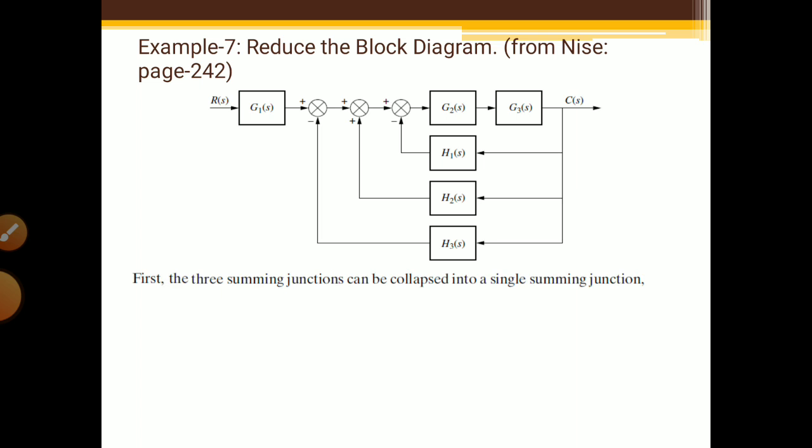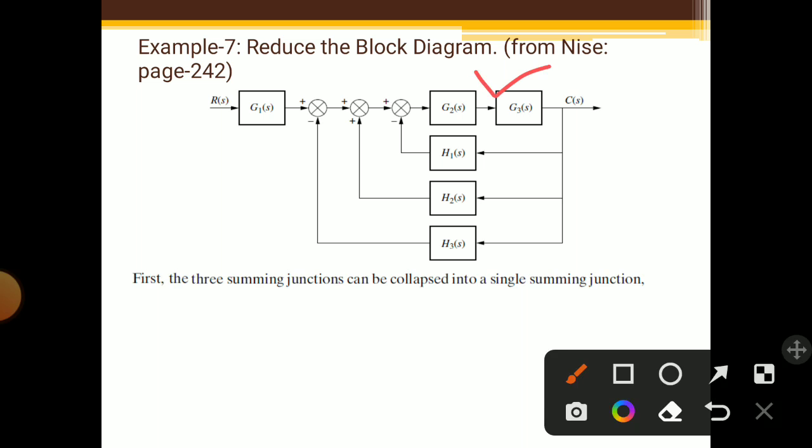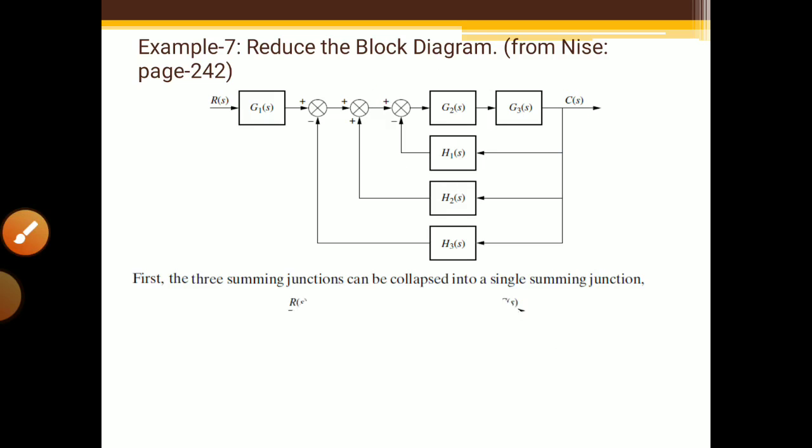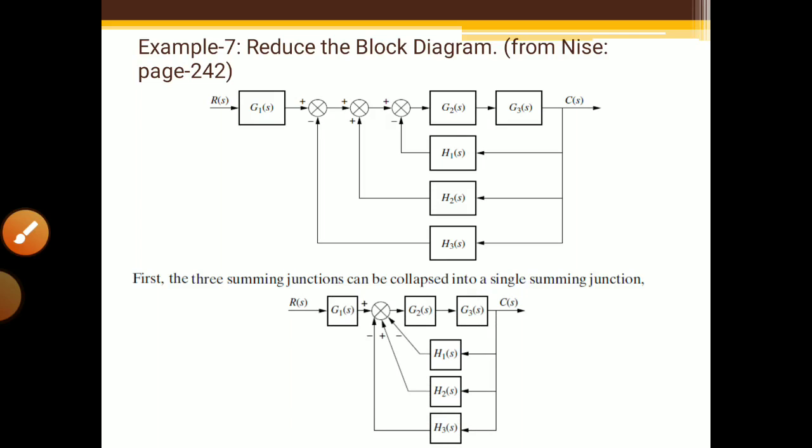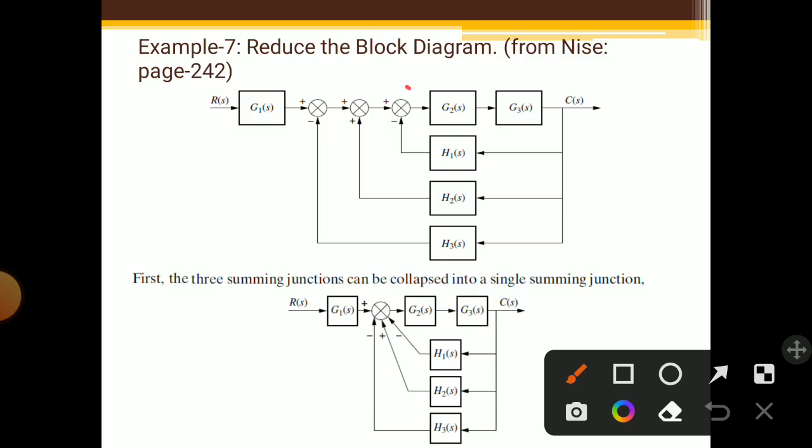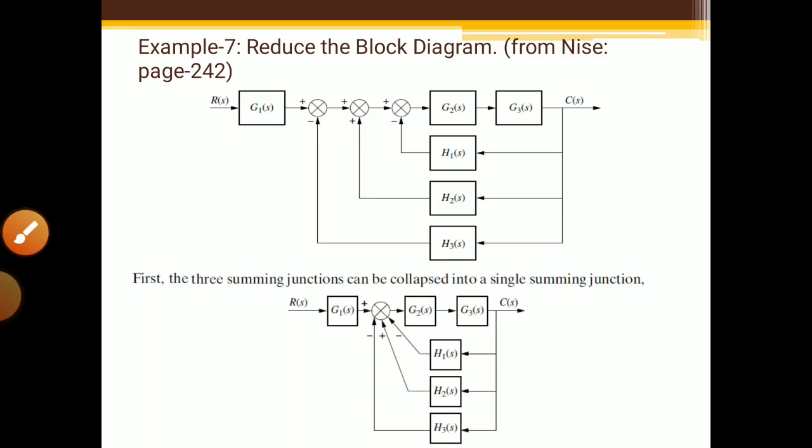Now one more problem I have shown here, reduce the block diagram. So the book reference is written, from NICE page number 242, from where the example is taken. Now here the first two blocks are in series, that can be solved easily. Now this is one feedback loop that we can solve easily. Okay, or you can add all the summing points together. You can add all the summing points and you can write like this, all the inputs. Okay, you can write separately also, or you can add also, and now you can solve the feedback loops one by one,